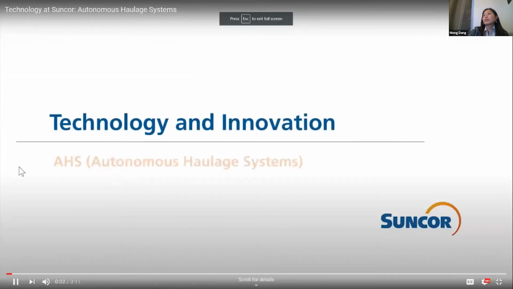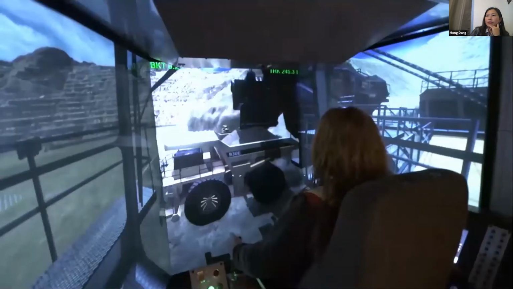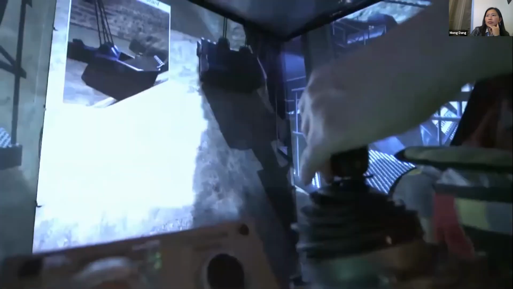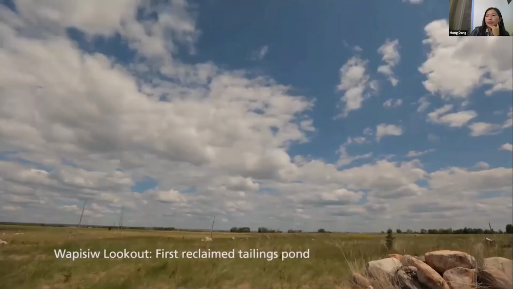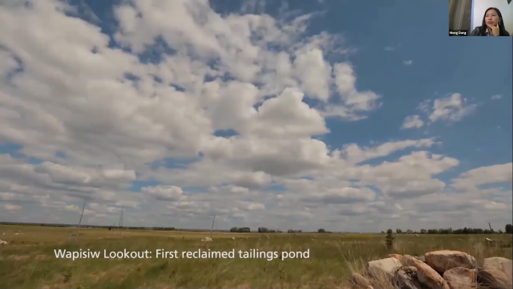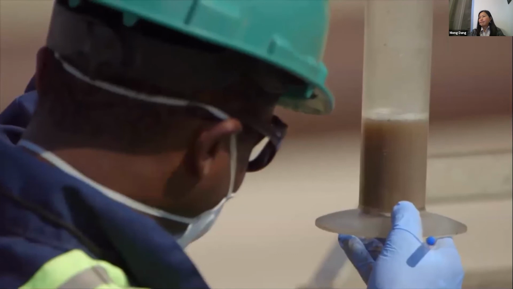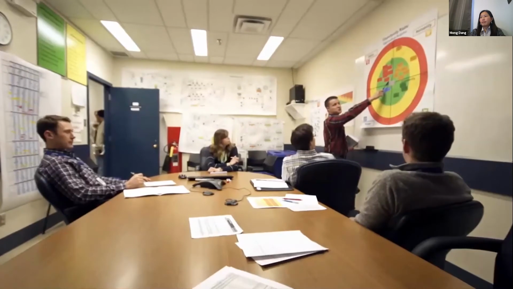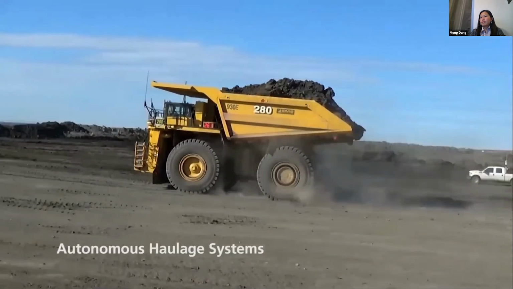Responsibly unlocking the potential of the oil sands requires innovation. And in the 21st century, technology development and innovative thinking are key to how we do business. Accelerating the pace of innovation will increase Suncor's operating efficiency and lower our costs. This is fundamental for our long-term sustainability. Sometimes we aggressively lead research and development of new technologies, but sometimes we collaborate, leveraging and advancing the work of others. One such collaboration involves autonomous haul trucks.